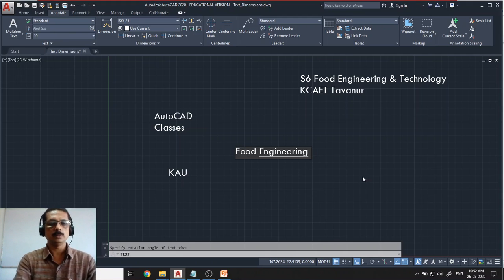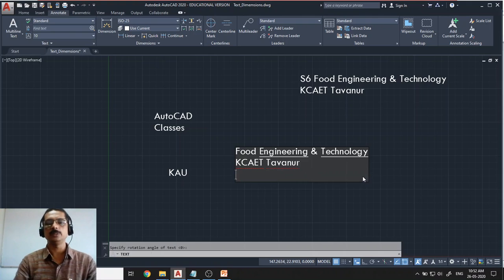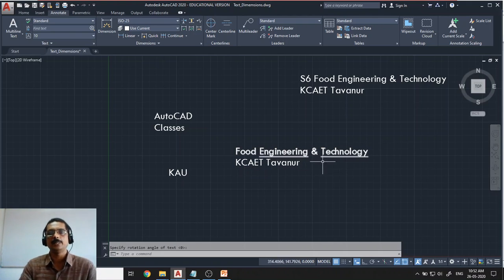Okay. Now, and again for technology, if I want, I can type percentage u, technology, again percentage u. Right. So this is how you can underline a particular word or few characters, and the keyword here is percentage u,